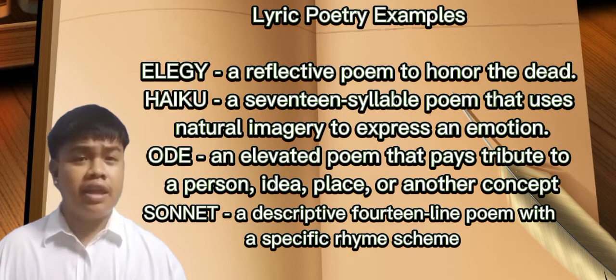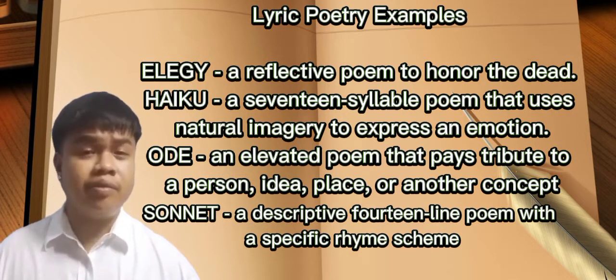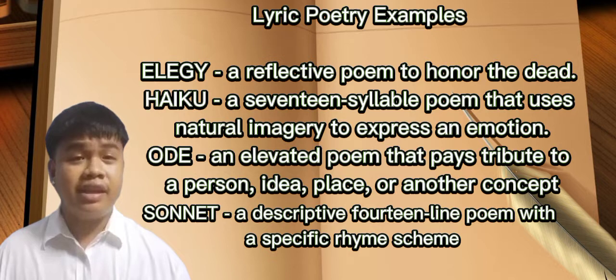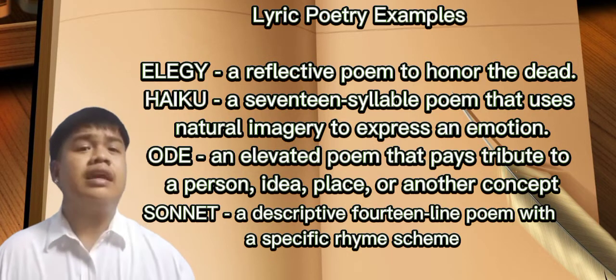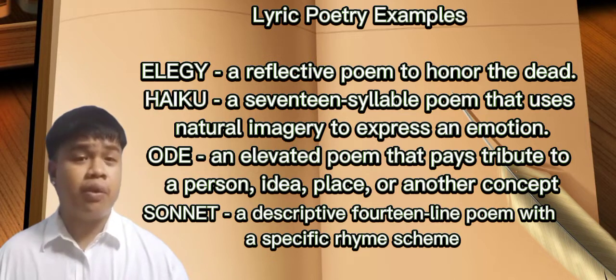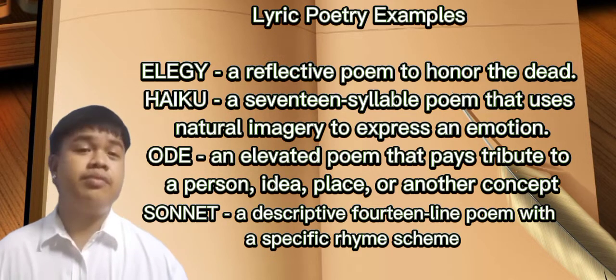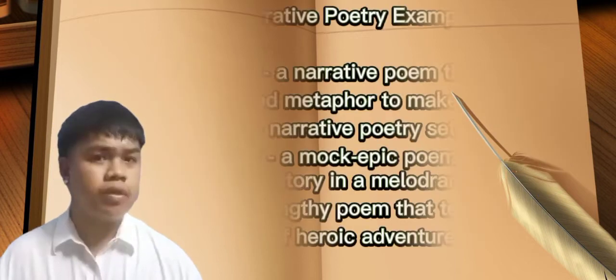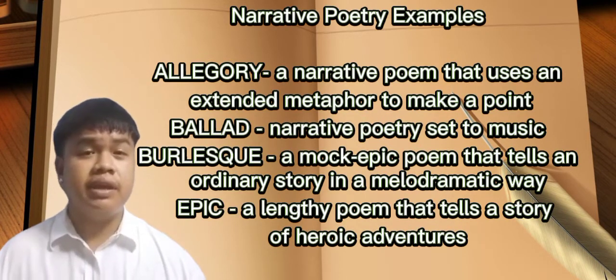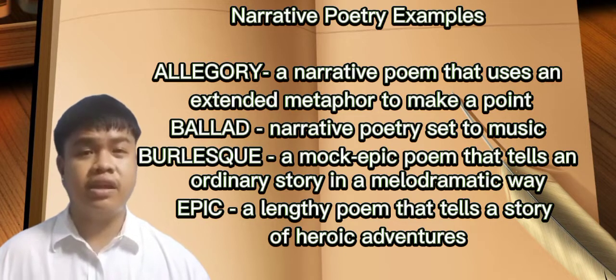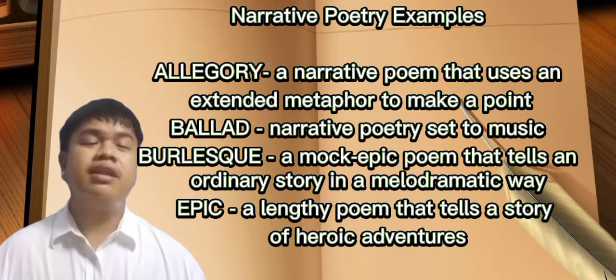Ode, an elevated poem that pays tribute to a person, idea, place, or another concept. Sonnet, a descriptive 14-line poem with a specific rhyme scheme. Narrative poetry is a longer form of poetry that tells an entire story with a beginning, middle, and an